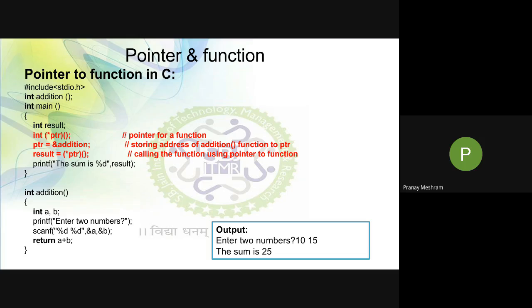Now let us see how to use a function with a pointer. It means how to use a function pointer, or how to create a pointer for a function, for a particular function. Just like for integer variables we are creating the pointers, similarly we can also create the pointers for the functions. Okay,